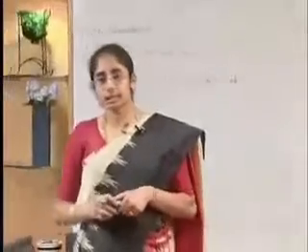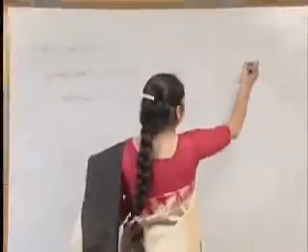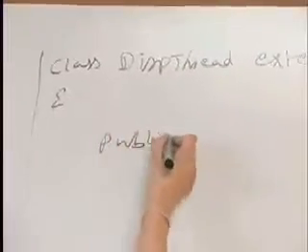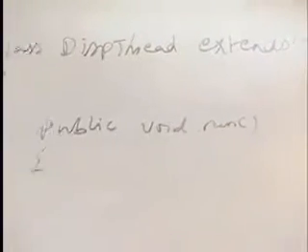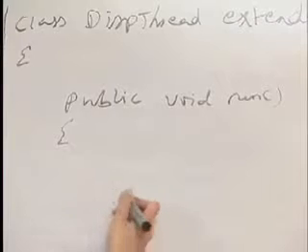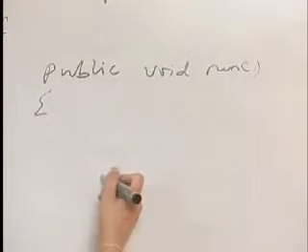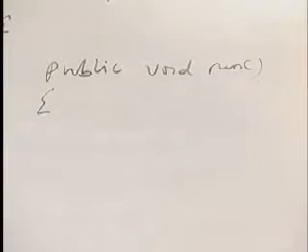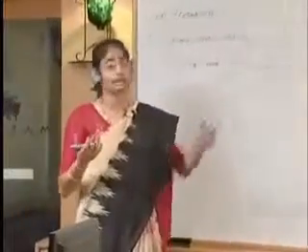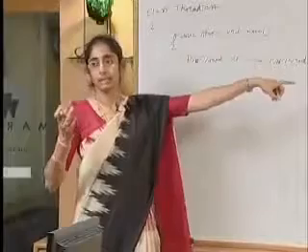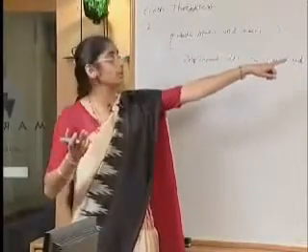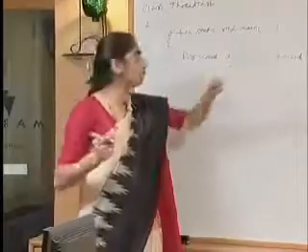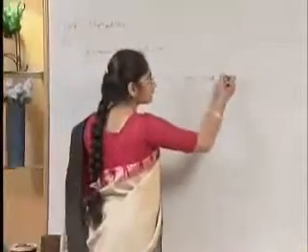The next step says override the run method. So public void run. In this run method, all we want to do is display hello, whatever the message, right? Now where's the message coming from? Remember, both the threads are going to execute the same run method. So if you want to have two different messages, we need to pass the message to DispThread somehow, and that is through a constructor.